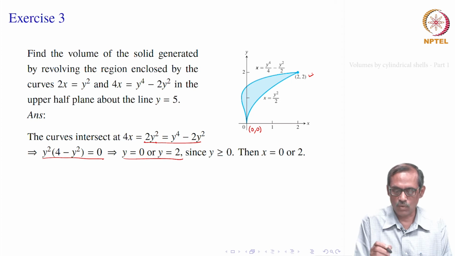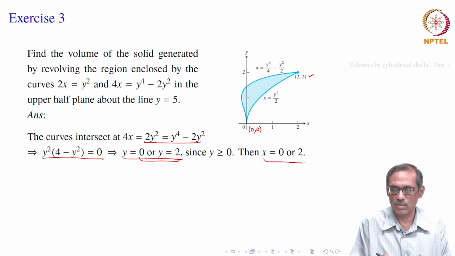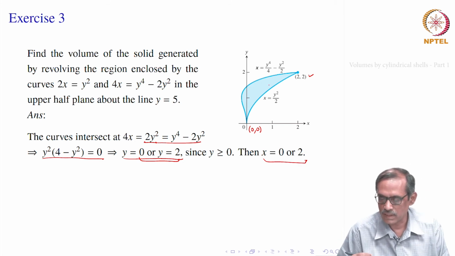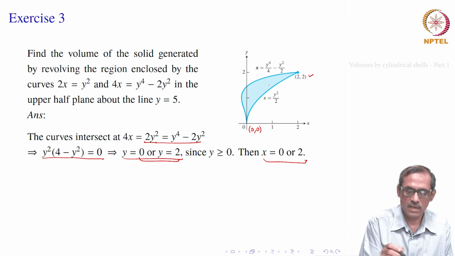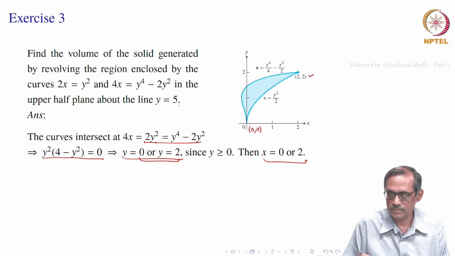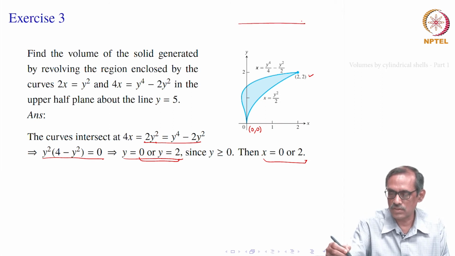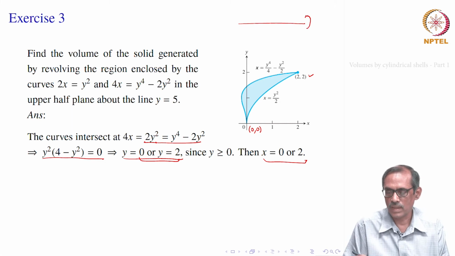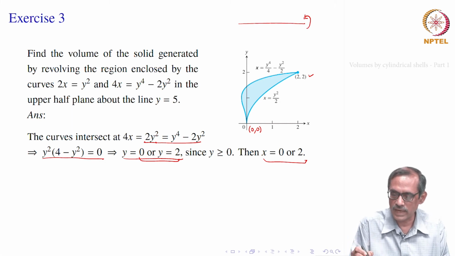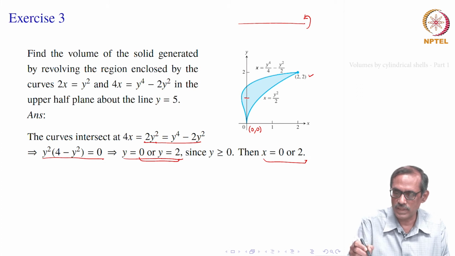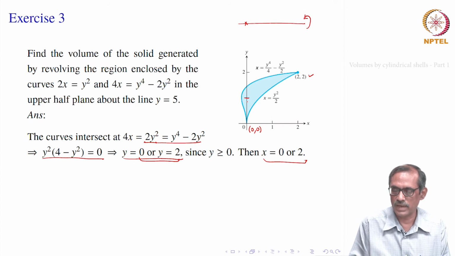Okay. So, now y lies between 0 and 2, x lies between 0 and 2, of course, we need for y. Now, we go to the solid generated by the revolution of this region about the line y equal to 5. So, y equal to 5 will be somewhere here, the region is revolved around this line. Then our cell radius, you take any y, for that y the cell radius will be the difference between y equal to 5 and y. So, it is 5 minus y, that will be the cell radius.